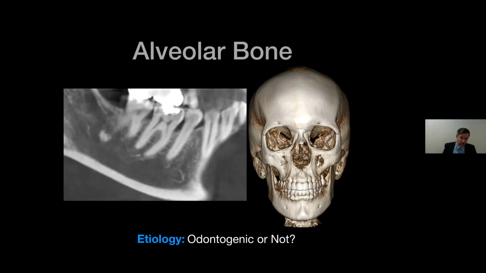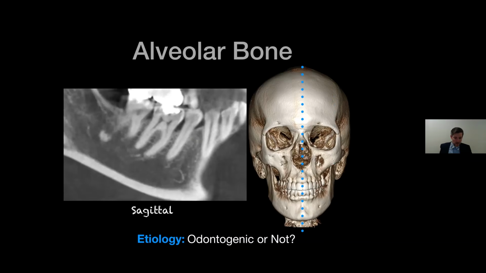So coming to the alveolar bone, I ask myself the same question if I see anything that could be either a variation of normal or abnormal. Is the lesion that we see odontogenic or not? Here I have 2 examples for you in the lower left. Again, sagittal slices, because I like to use the sagittal slices to look at teeth. We're going to work our way from the outside in.